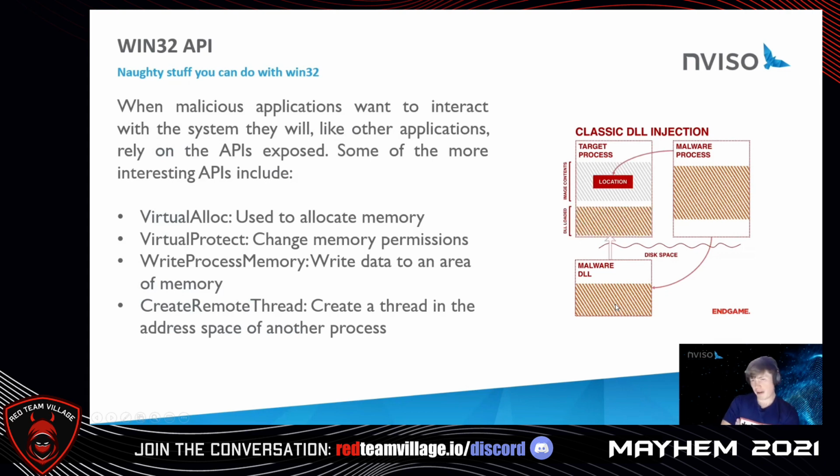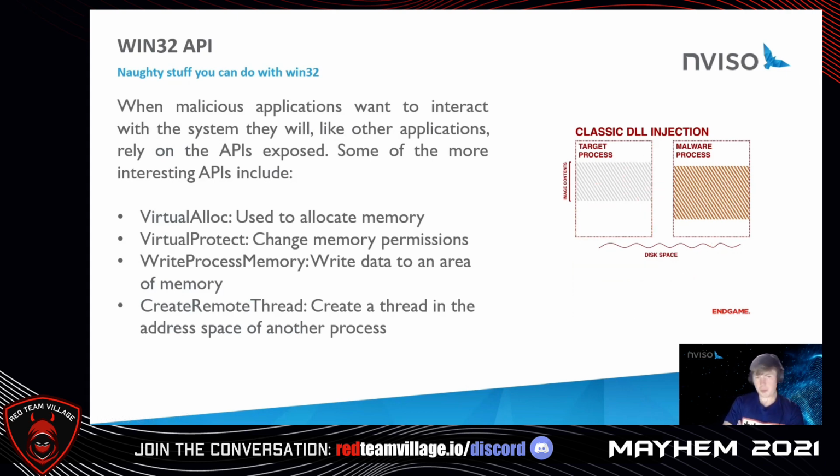So let's talk about some of the naughty stuff you can do with the Win32 API. For this slide, I took the classic DLL injection as an example. There are about 4 or 5 Win32 API calls that are important here for your most basic vanilla classic DLL injection. There are other ways of injecting DLLs or even shellcode, but the most basic point of view actually relies on the following API calls, which is VirtualAlloc to allocate new memory into a process,